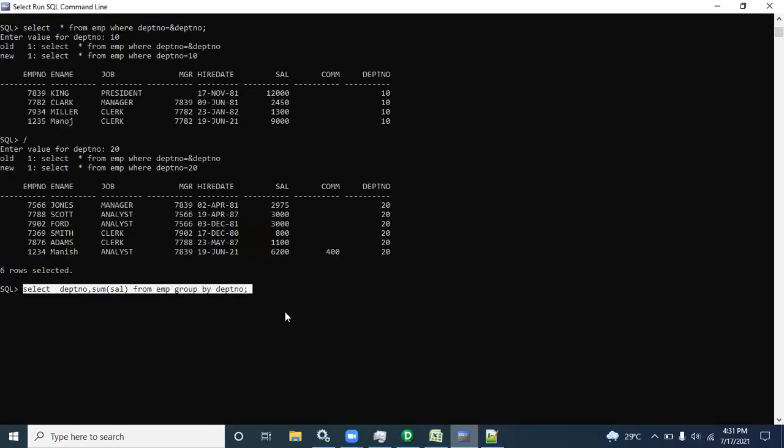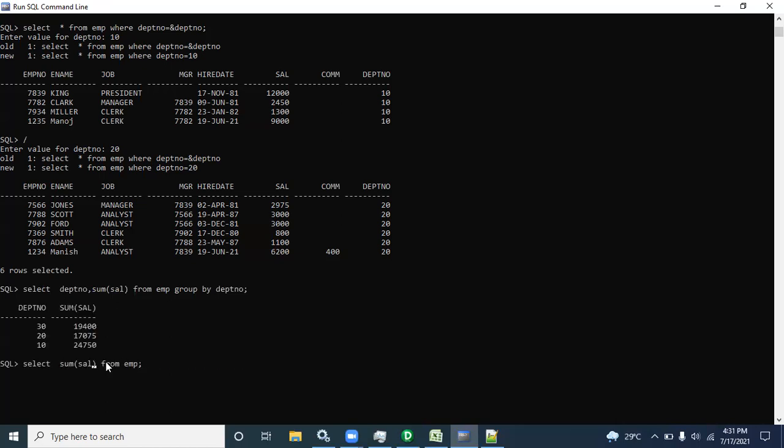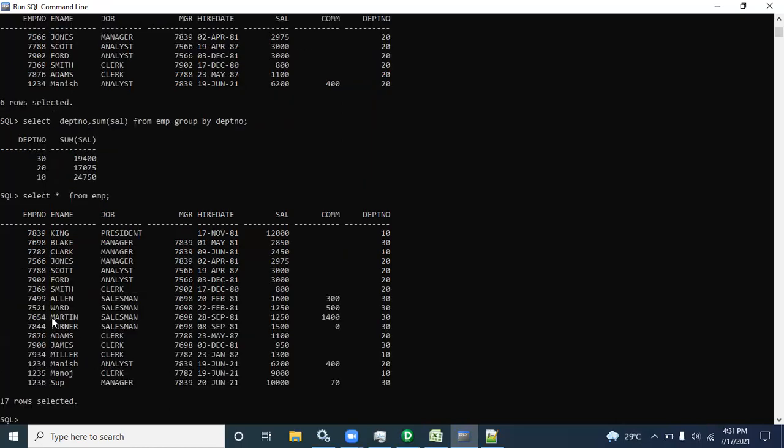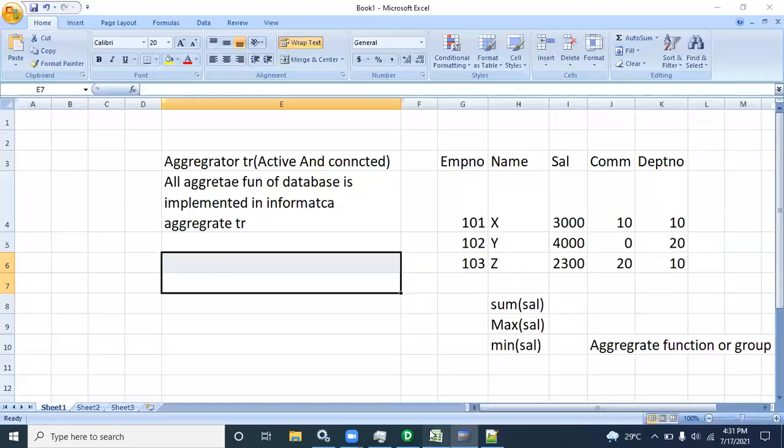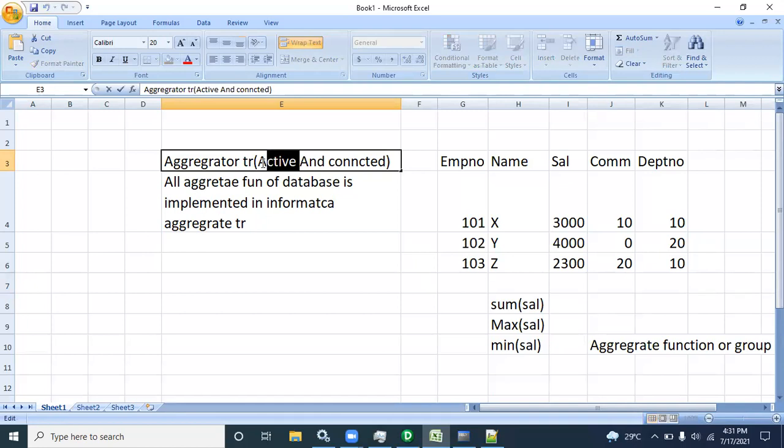There is nothing else. And why is it active? Because when you implement, say, a group by function, it will give how many records? 3 records, right? But in the EMP table, we have how many records? 17 records, right? So it does grouping as well as reducing the number of records. An active transformation is one that has the capability to change the number of records, the first condition.